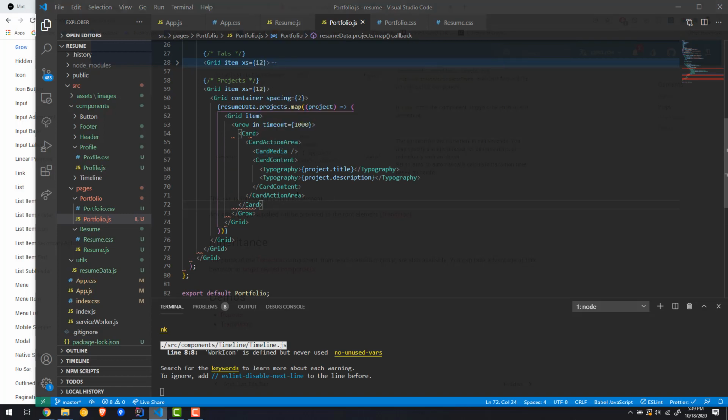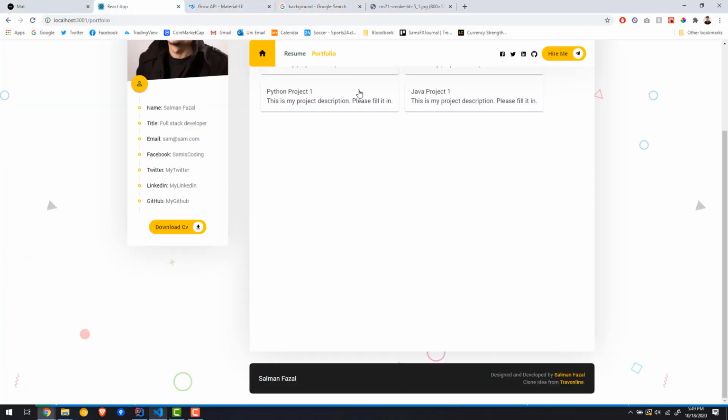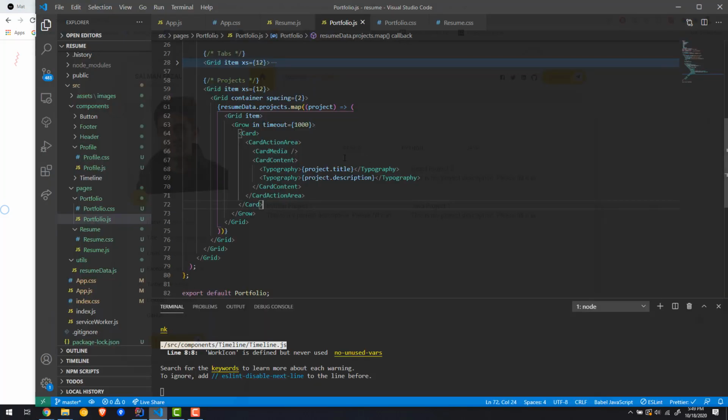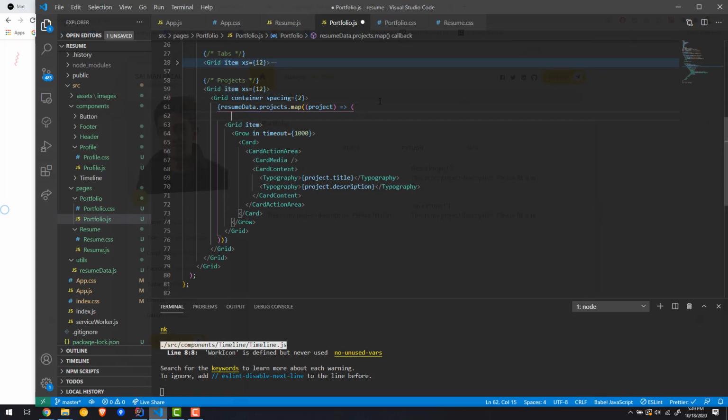Another thing we want to do is, if I click on for example React, I wanted to just show the React projects, right? I don't want to show everything. So what I can do there is for the grid item, right? Before we get into the grid item, I'm gonna do something. I'm gonna say